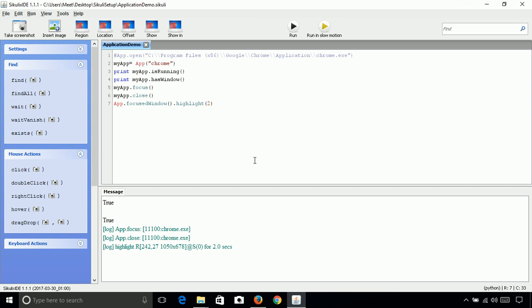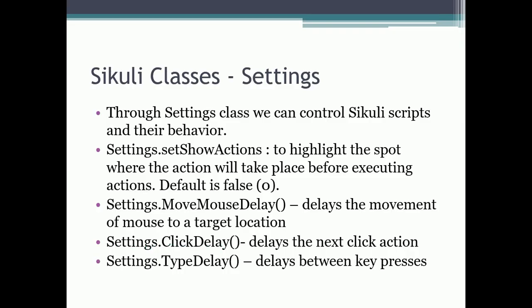So now let's move forward with another class. The next class is the settings class. Through settings we can control Sikuli scripts and their behavior. Like we can add delay between key presses, we can add delay to the click, we can add delay to the movement of the mouse. There are multiple methods available in the settings class.